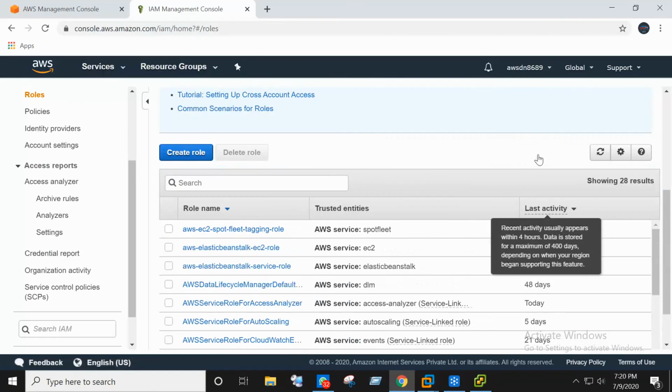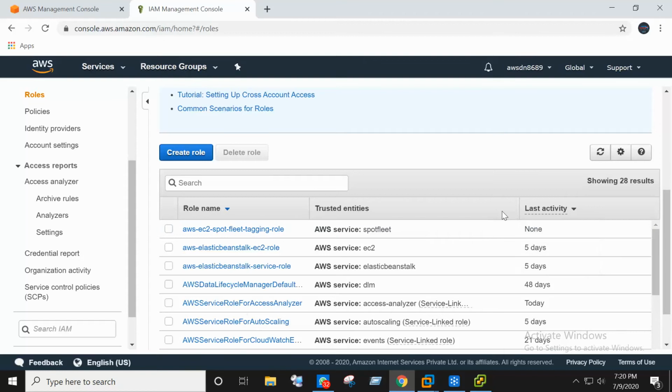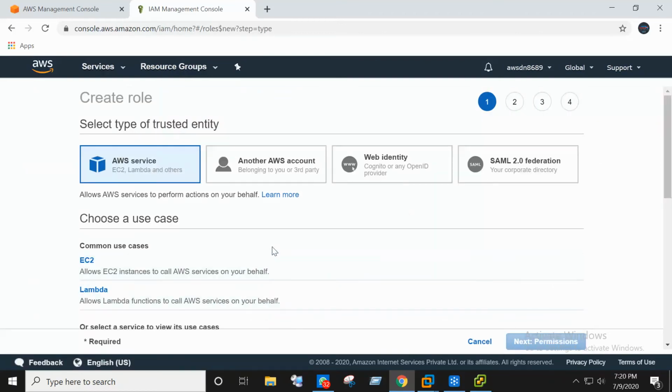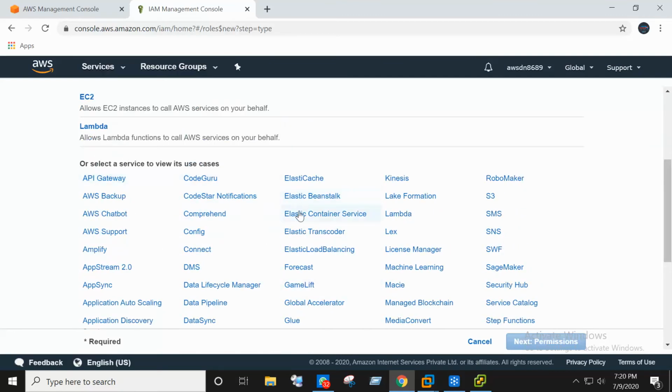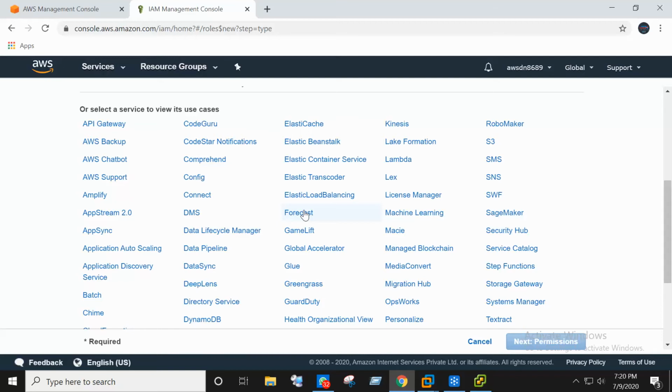See, we have 28 results showing now. Create a role. When I click on create role, we have different sources available to create our roles in the AWS environment. These are the list of services showing, and we have to pick the SMS service from here.